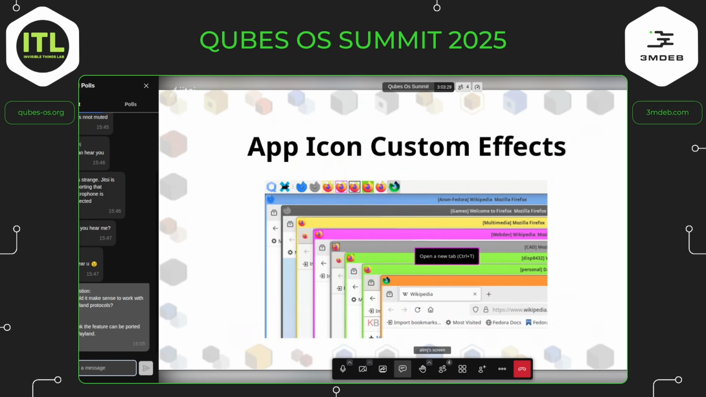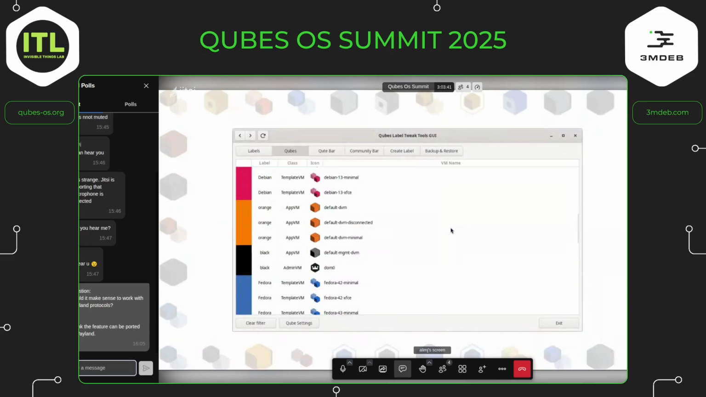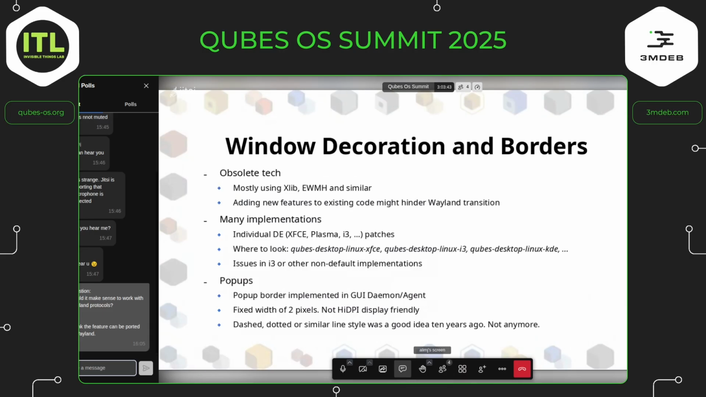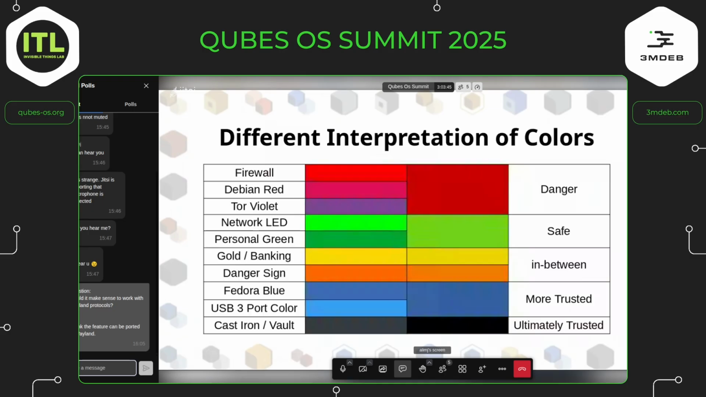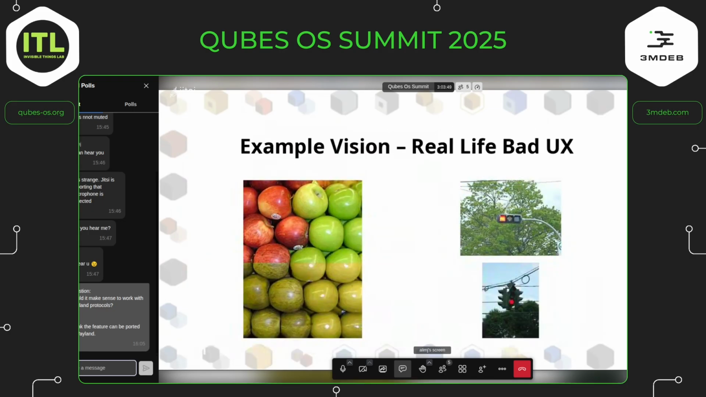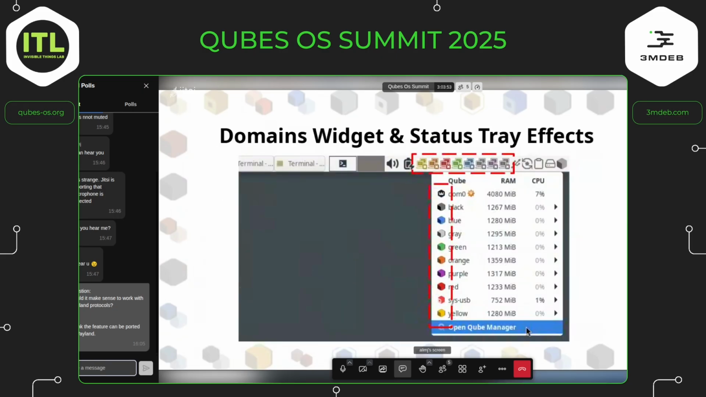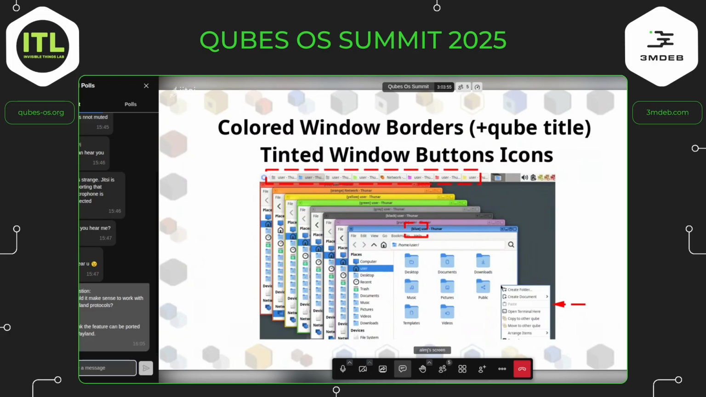You said you think something like a dotted border or other things are no longer a good idea. Why? Okay, let me go to this picture. Where is it? Okay, this one. The window on the right,